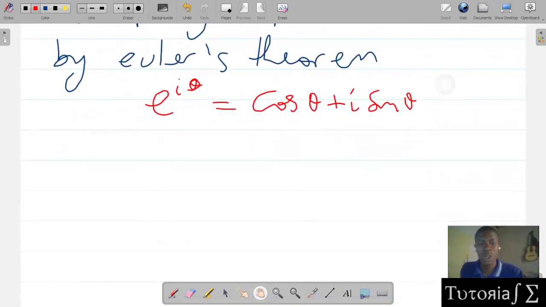This is what we're going to use to prove. So by Euler's formula, we know that this is that. So it means that if we raise everything, raising the equation to the power n,